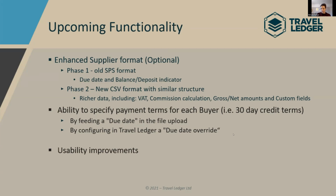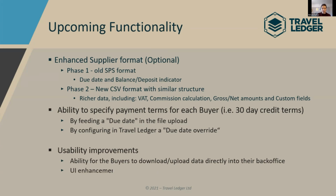We are also making some usability improvements. So this is a big one for us at the moment, and that's currently underway. A few things that are happening with the usability improvements is we're going to have the ability for the buyers to download and upload data directly into their back office. So that will enhance the experience for your buyers and support them further. And we are looking at some of the UI enhancements, which we're currently working on as well, which is the